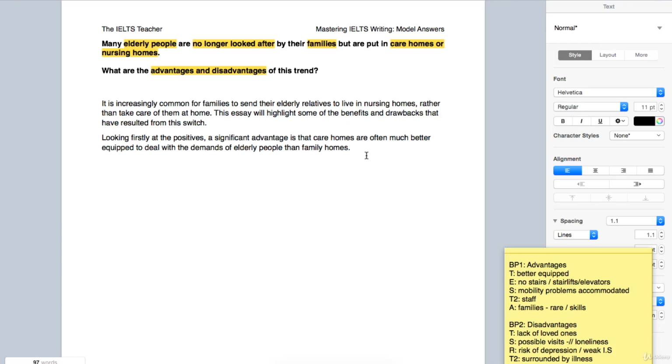Okay, let's move on to the second sentence. Now we're looking at an example of how they're better equipped. How do we start an example sentence? For example, for instance, we know this hopefully already. So, for instance, what do we have? No stairs, stair lifts, elevators. So we're going to move on to nursing homes now. Nursing homes do not, again, avoid the generalization, this one's very important because some of them will, do not usually have stairs. Okay, now a comma, because I want to talk about the ones that do. You could say the ones that do.